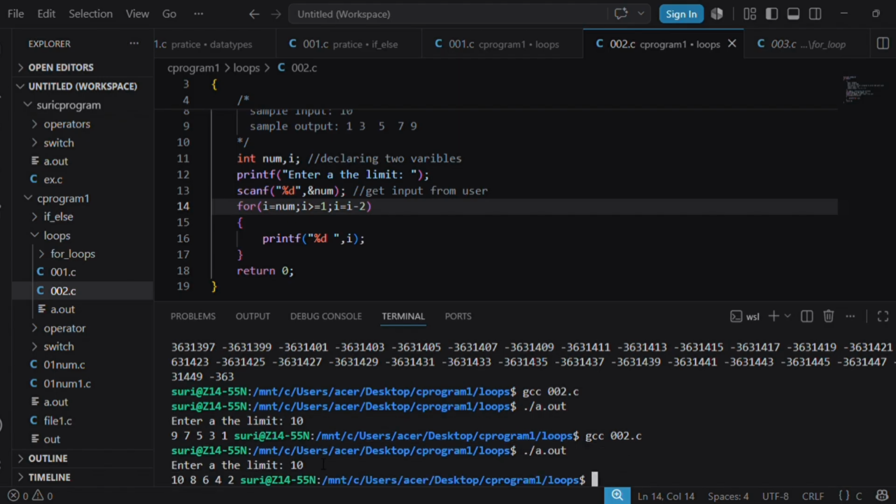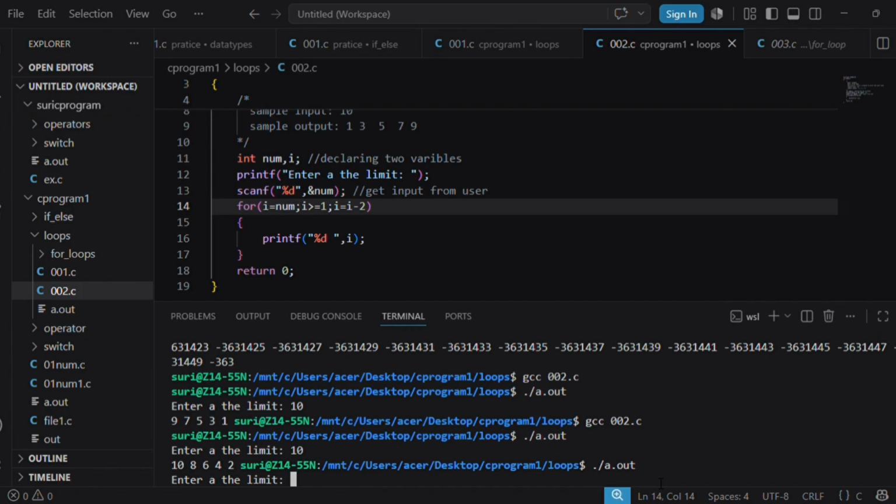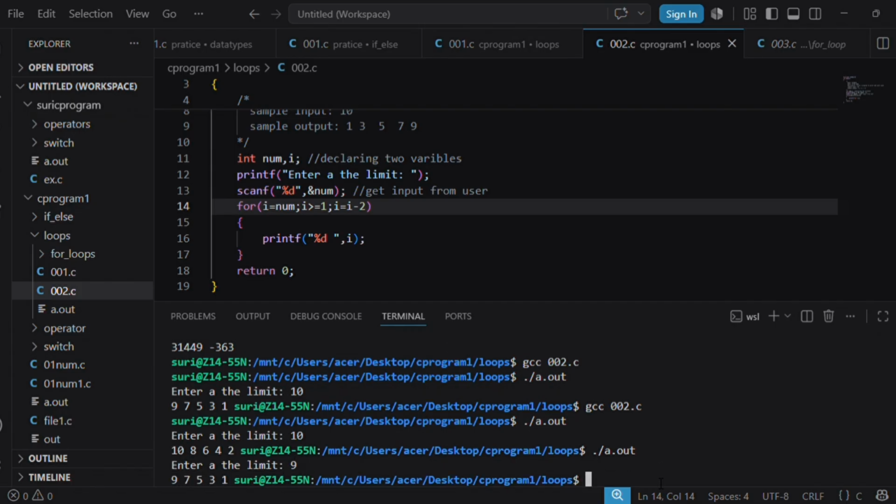But do you think this code is correct? Because if I write 9, even numbers, odd numbers, so how can I convert it for even numbers?